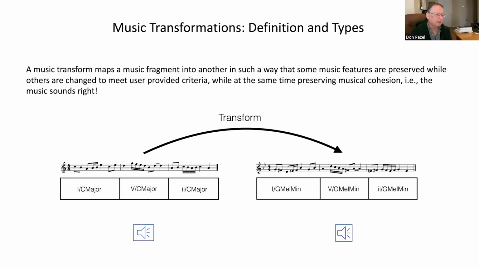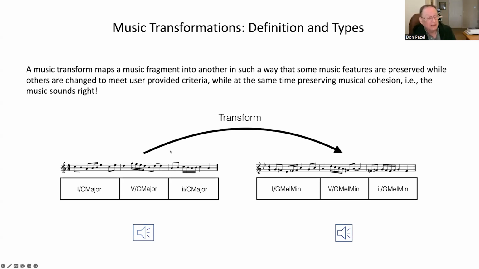As a mathematician, I think of transformations like in group theory, isomorphisms and homomorphisms and things like that. Basically, what is it that you're trying to do? You're trying to convert one thing into another, preserve some semblance of what the original thing was and change some other aspects of it. So that's what I think of as a transform.